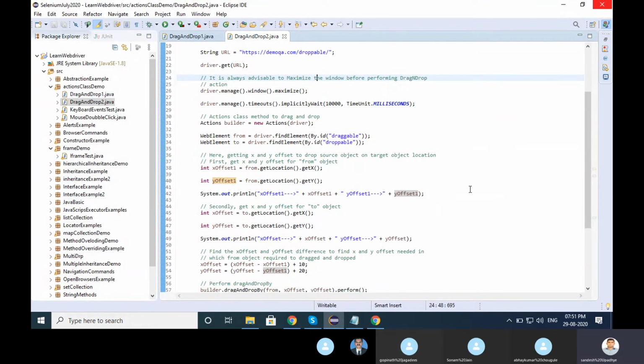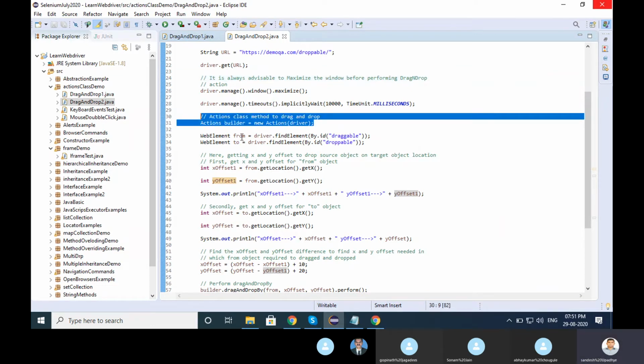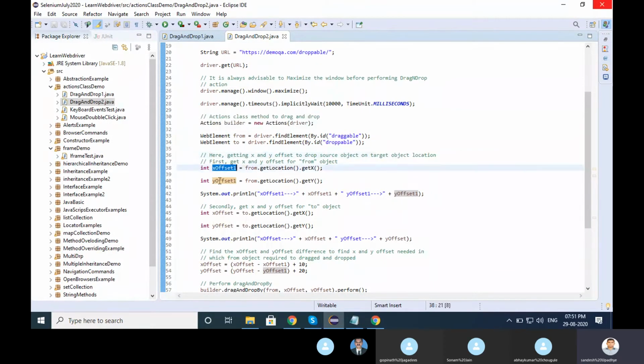Okay, look at this program. Actions class method to drag and drop from and to, whatever we have created, stored into from and to. Here getting x and y offset to drop the source object onto the target object: x offset, y offset, from getLocation().getX(), getLocation().getY(). Here printed whatever location we are getting, x offset and y offset, and secondly x and y offset from the two objects.